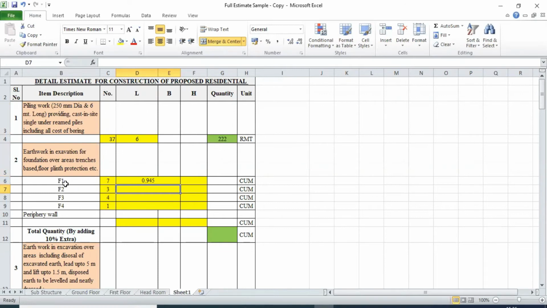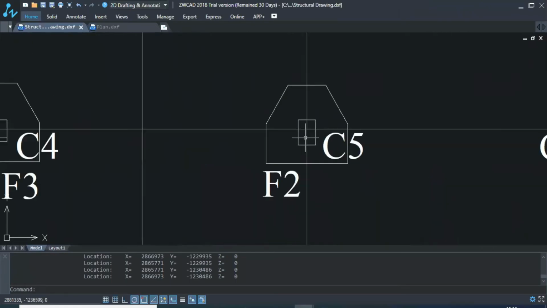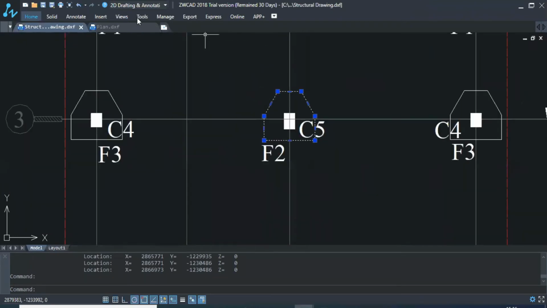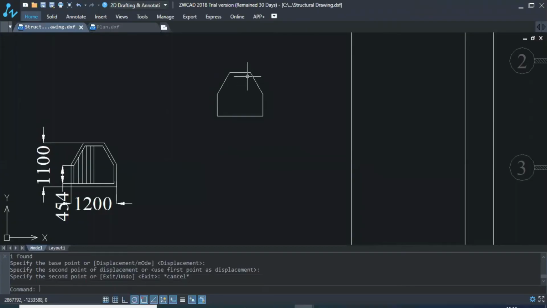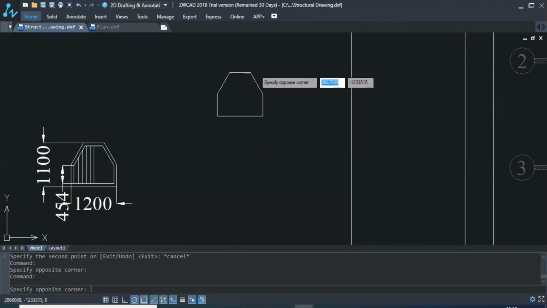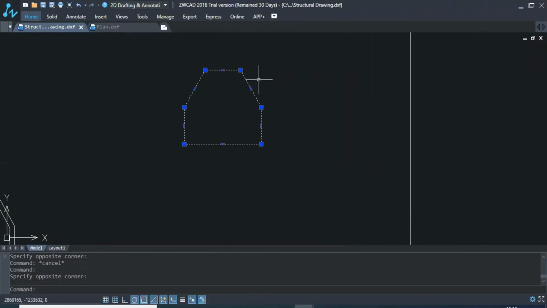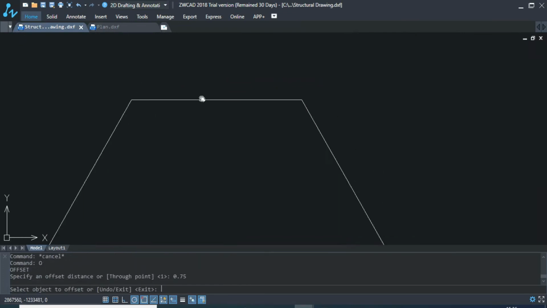Likewise, you can do F2, F3 and F4. So F2, let's go for F2. So this is our F2. Simply copy it, place and offset it, and you will get the length, and offset it outside.